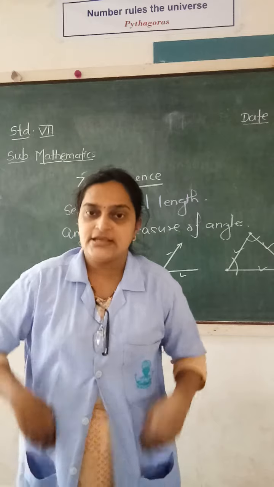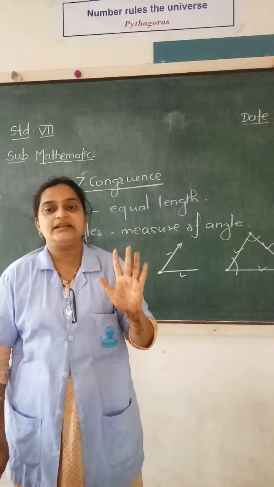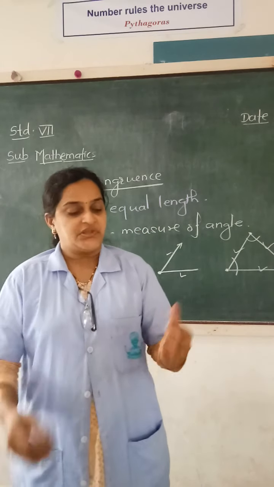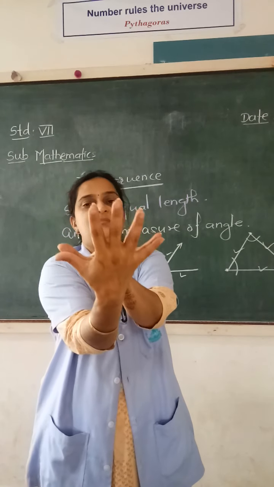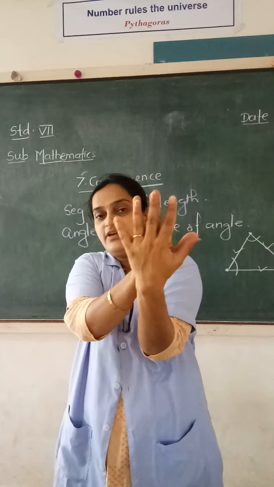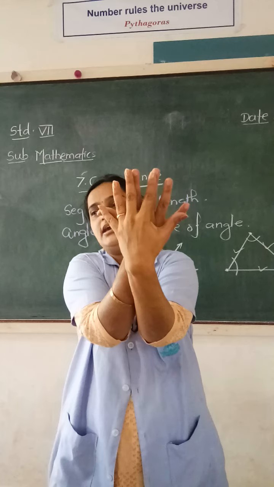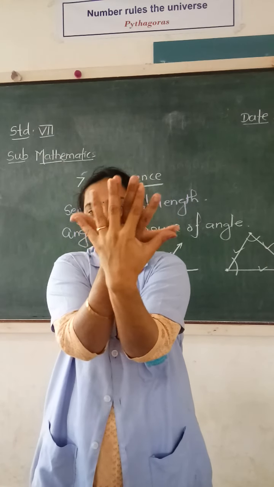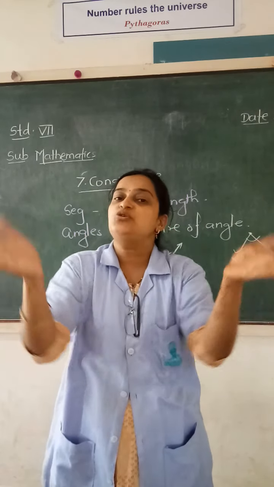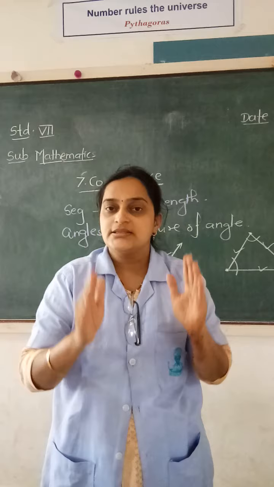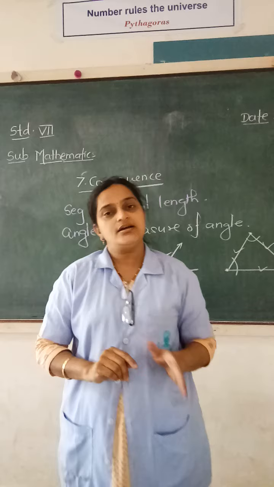For understanding this, you must understand the concept of correspondence. Now what is meant by correspondence first? Let me tell you. See, my two palms, now I know, if I place them on each other, they match exactly. Now, in what way have I placed them? That is important. If I place this palm on this palm in this way, you will find that they don't match. Do they? No. They don't match exactly. Means, do you understand that the way you place them on each other is important? The way in which you place them on each other is called the correspondence.